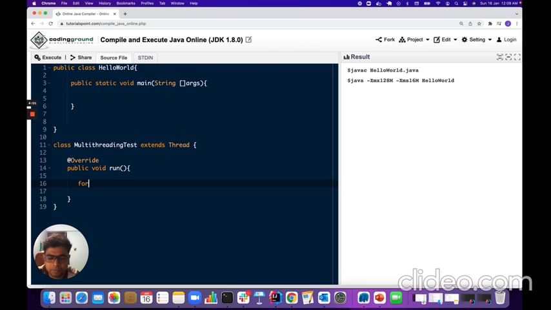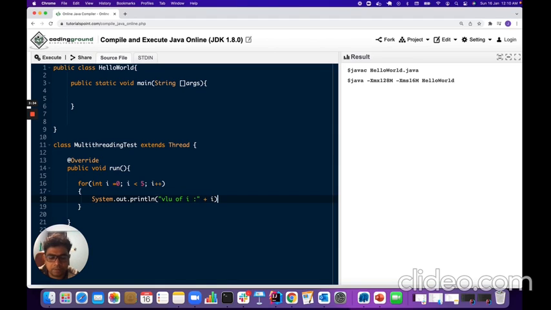So for int i = 0; i < 5; i++, and I'll print System.out.println